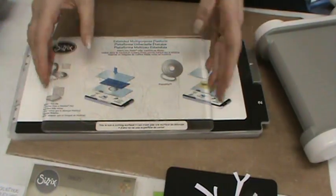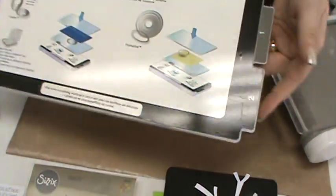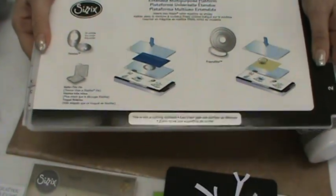So I have got the multi-purpose platform, which has a couple tabs on it. It has tab 2, open it up, tab 1, open it up, and a base, and they're all hinged together. These tabs tell you exactly what you can do, what dies will work with them. So if I keep this multi-purpose platform completely closed,